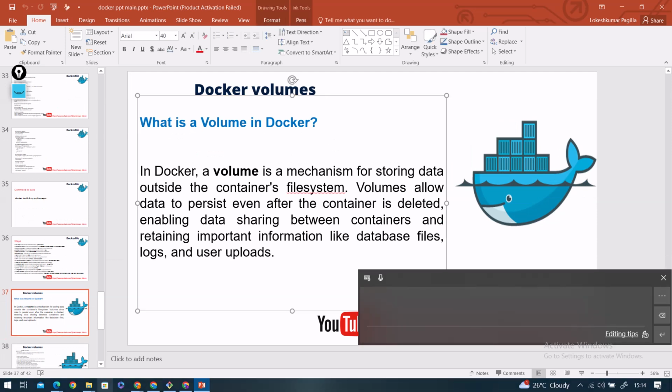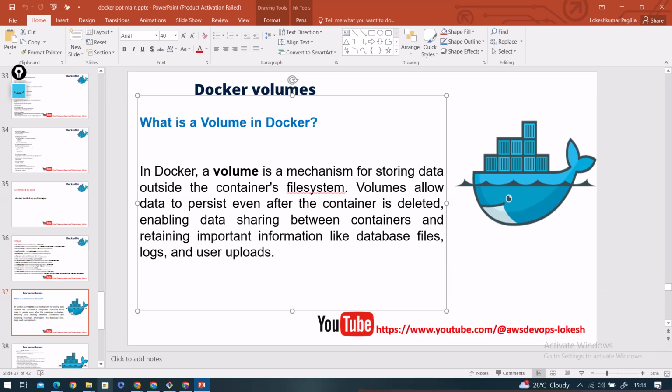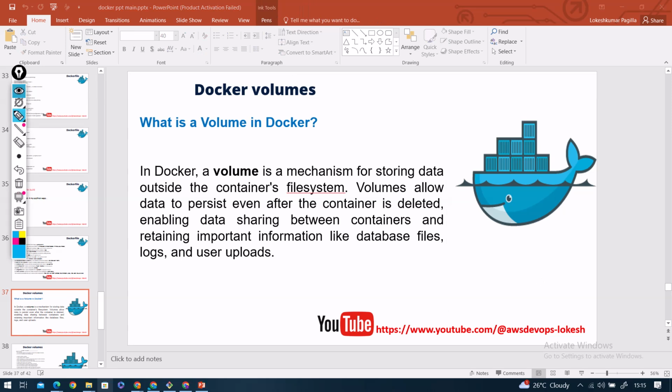So exactly what is the meaning of volumes? We have seen in AWS, right? Yes, sir, EBS. Exactly. What is the purpose of volumes there? For extra storage, sir. Correct. That's fine. So here, a Docker volume is a mechanism for storing data